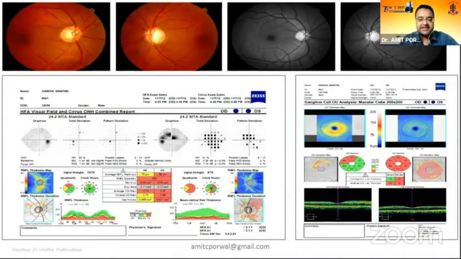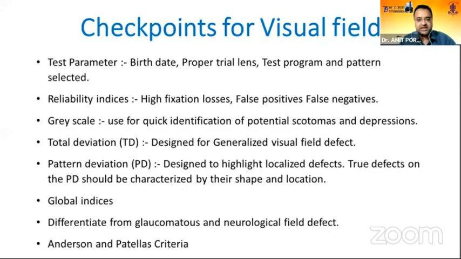And basically a diagnosis of glaucoma, to summarize, can't be based only on OCT or only on visual fields. You have to examine the patient in toto. So the fundus photograph, the red-free photograph, the fields, the OCT, and the ganglion cell complex, which is a new thing. Everything has to be correlated. So coming to the checkpoints, just last two slides.